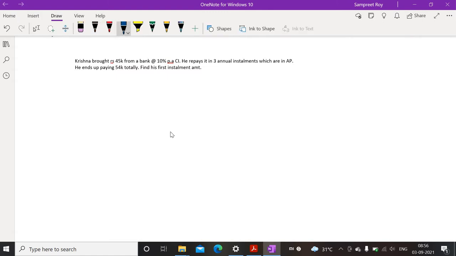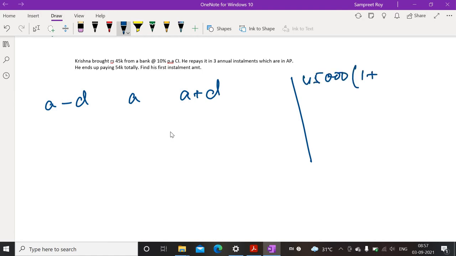Let's suppose the installments are A minus D, A, A plus D, since they are in AP and D is the common difference. If A minus D is the first installment paid, then by the installment concept we know that this amount will generate interest for the next 2 years, and that particular amount we have to pay less, right? Actually, this is the actual case we are talking about. So we were supposed to pay 45,000 into (1 plus 10 by 100) power 3,